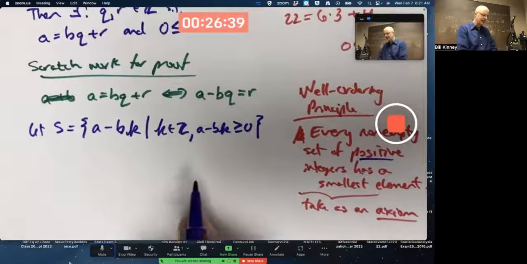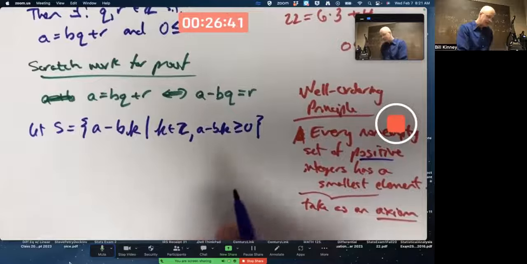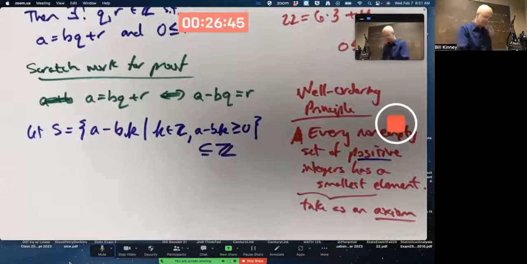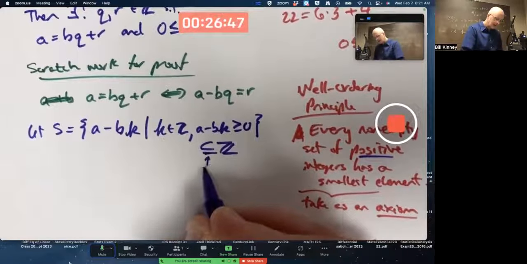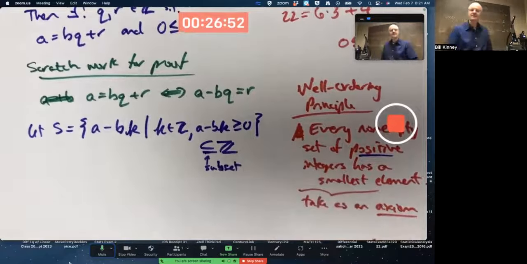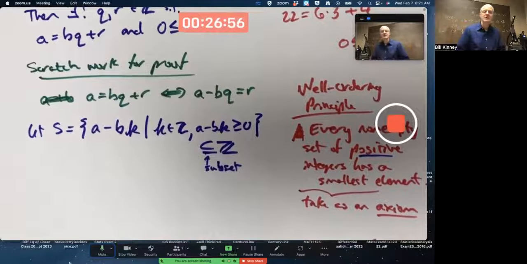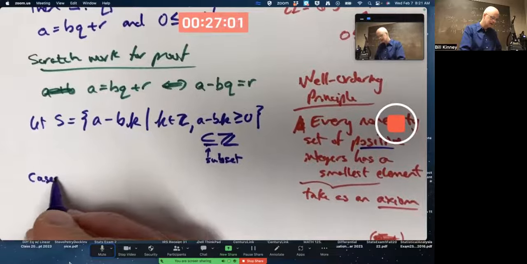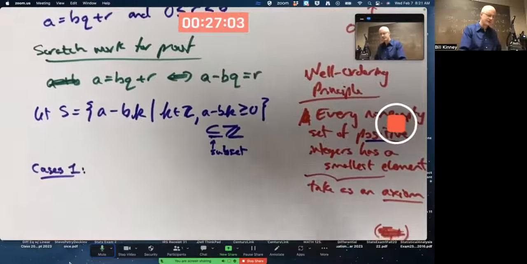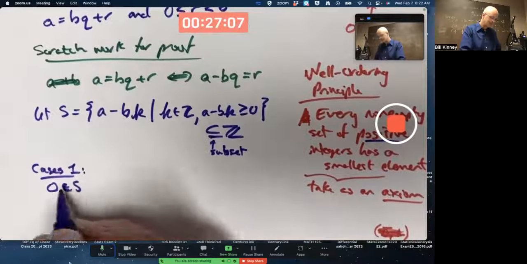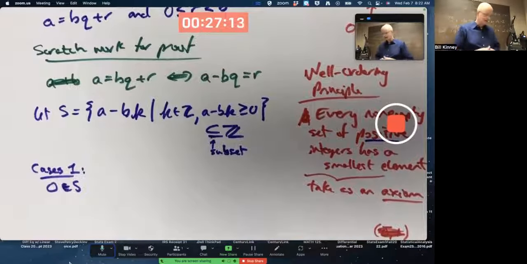So based on this definition, it's certainly a subset of Z. That's the notation for subset. And it certainly contains possibly positive integers, but also possibly contains 0. We need to consider 2 cases. What if 0 is in S versus what if 0 is not in S? Well, case 1,